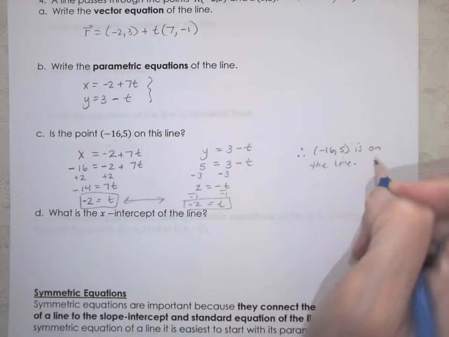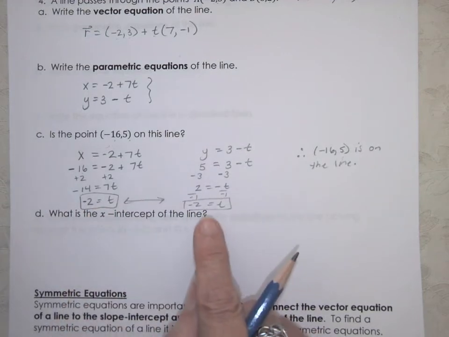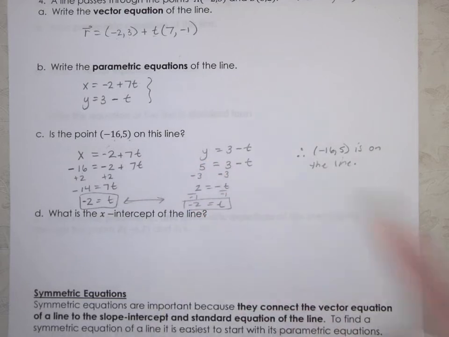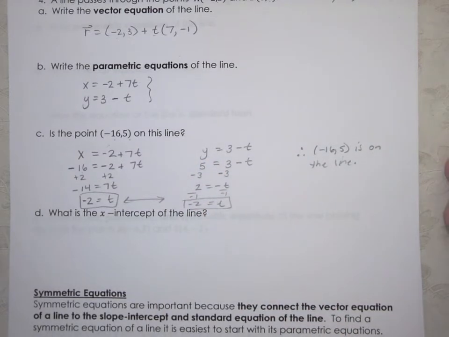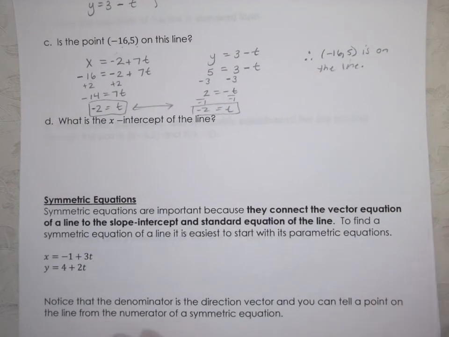If, say, I got -2 to be t when x was -16, but I got 3 to be t when y was 5, then I would say no, (-16, 5) is not on the line. What is the x-intercept of the line? So x-intercepts occur